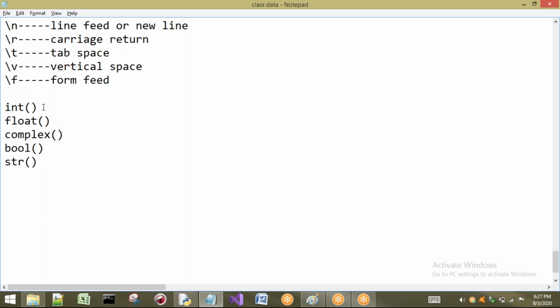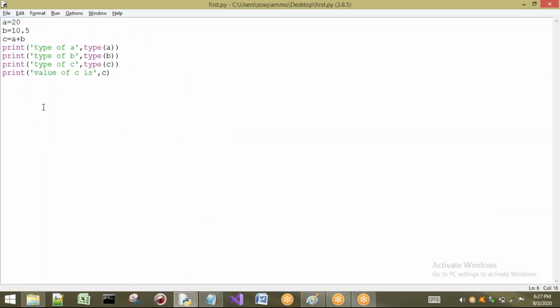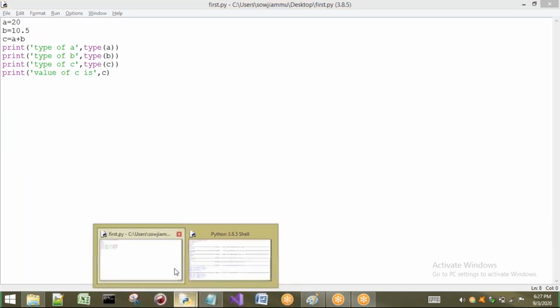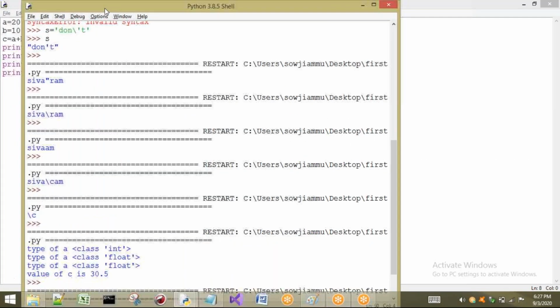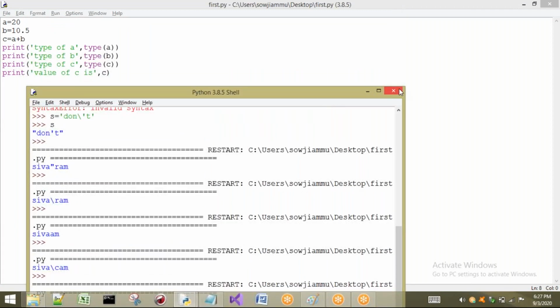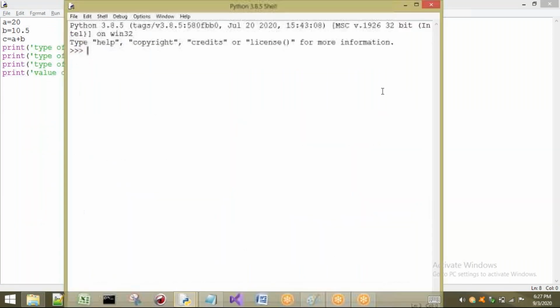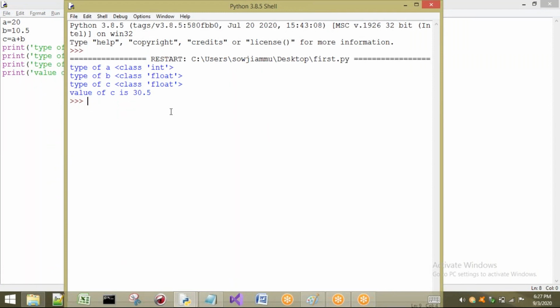I will take the first one, and I will show you the examples. Here I am going to take different types of data and convert them to an int type. For that I am going to use a method called int. So int of, I am going to take a floating point number now, for example 123.450 or 12.456. Now if I press enter, what happens?